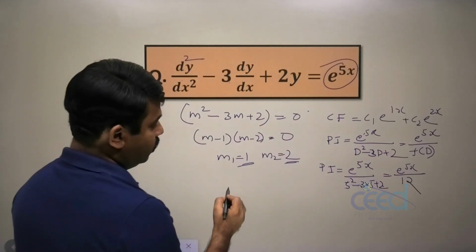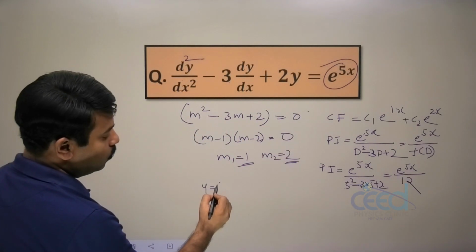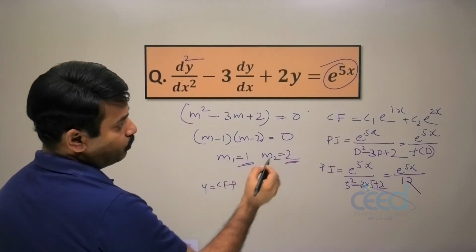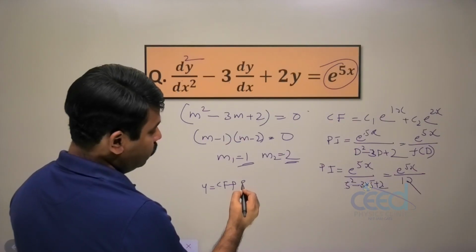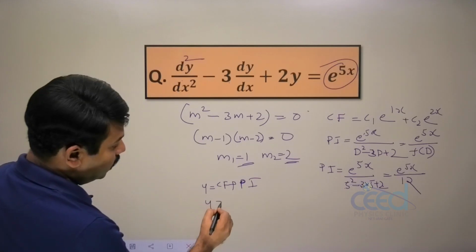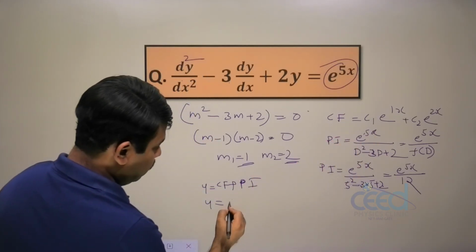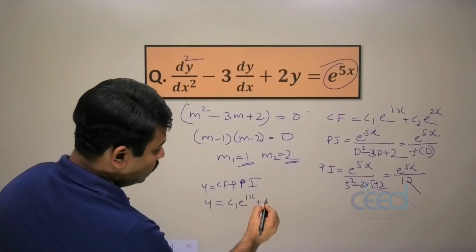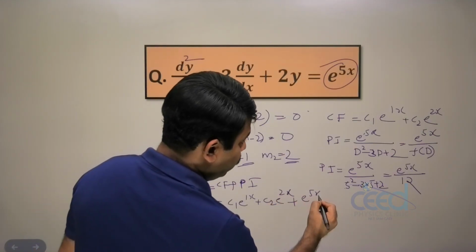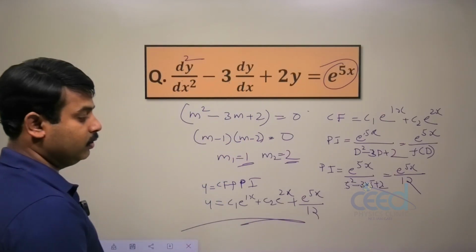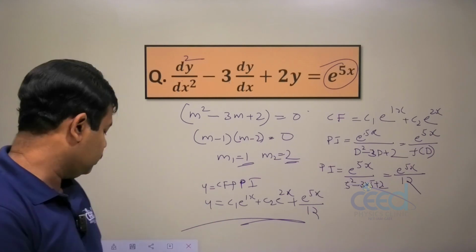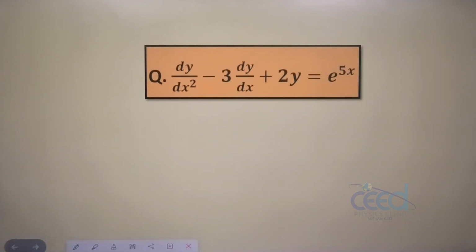Then what is the total solution? Y is equal to CF plus particular integral, PI. So y is equal to, what is CF? C1 e raised to 1x plus C2 e raised to 2x, plus e raised to 5x divided by 12. This is the final solution. Alright? Now let us go to